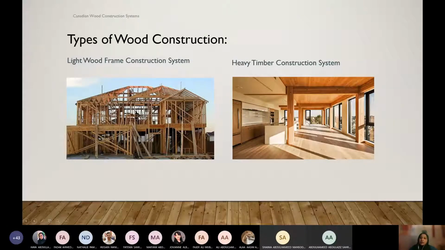Another type of construction system using wood is the heavy timber construction system or mass timber construction system. In contrast to light frame wood construction, it is built using engineered wood products. That means we do some fabrication.